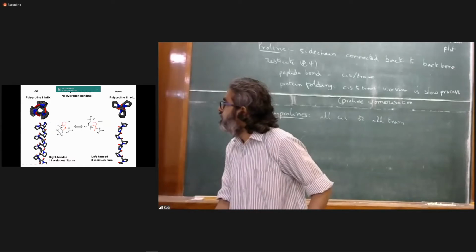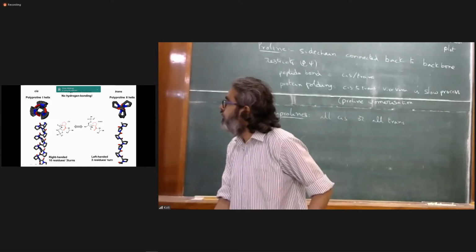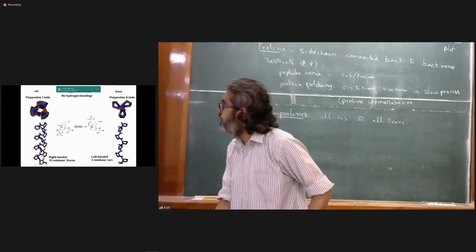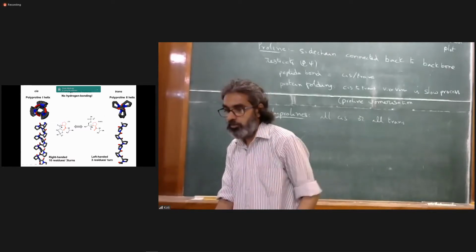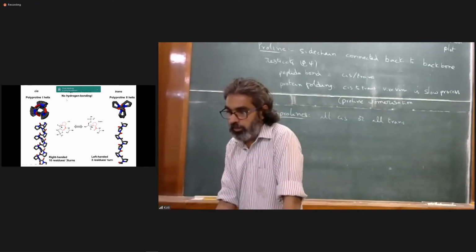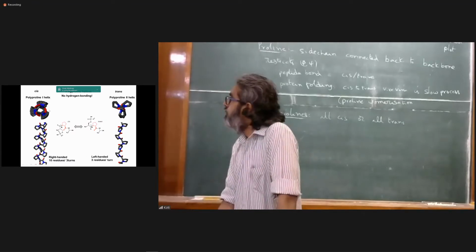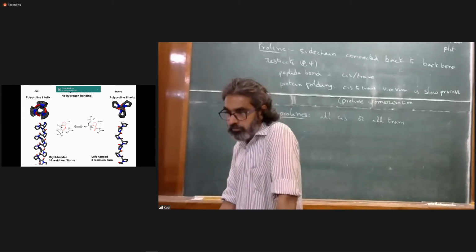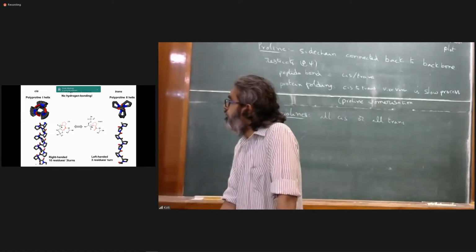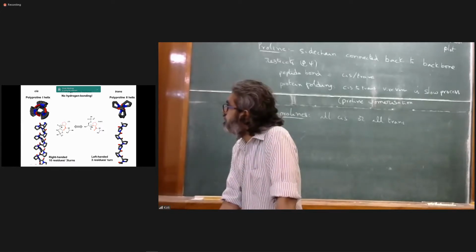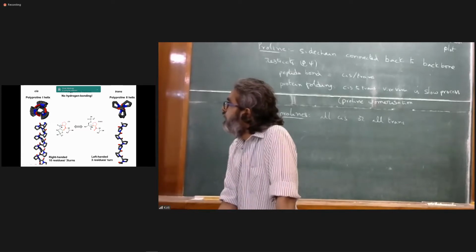So let's say now if you have all prolines in polyproline in cis conformation, and if you build a structure, this is how it will look. Okay, so this is a side view, and the same thing if you see from the top, this is what you are really looking at. The red is CO, so this is oxygen. Blue is actually nitrogen, nitrogen on this cyclic ring. Okay, so what are the properties?